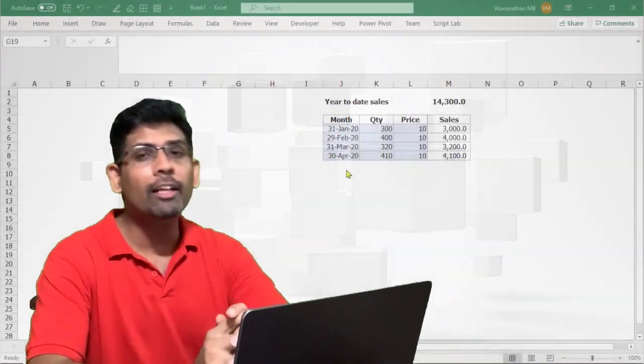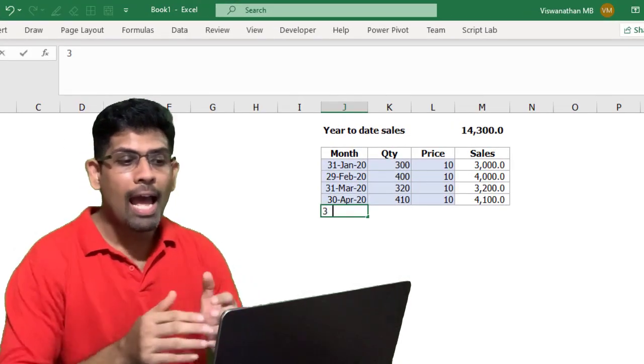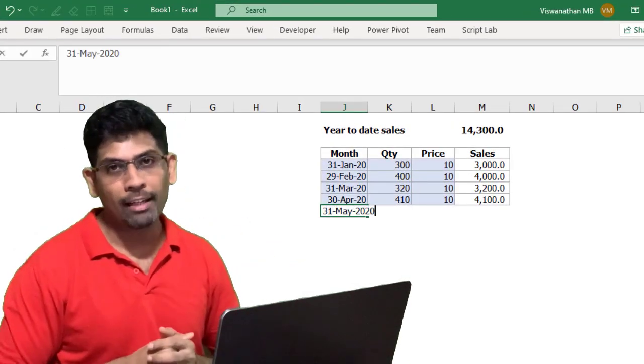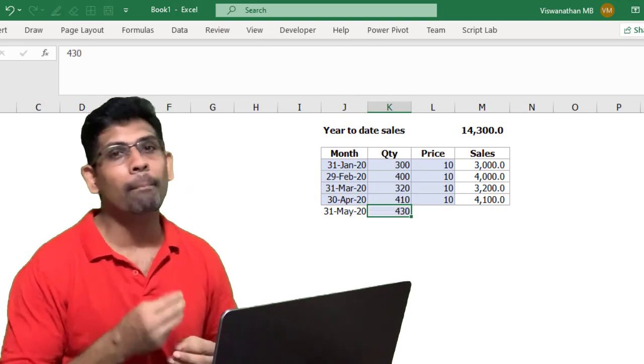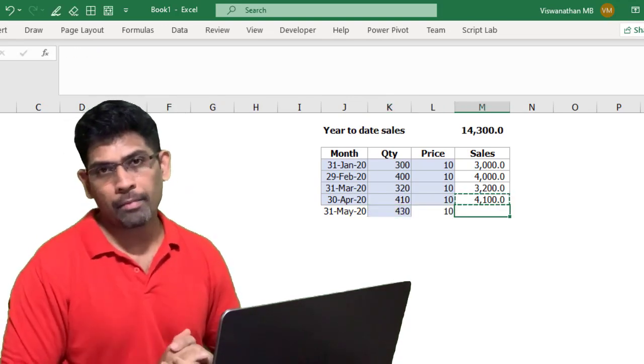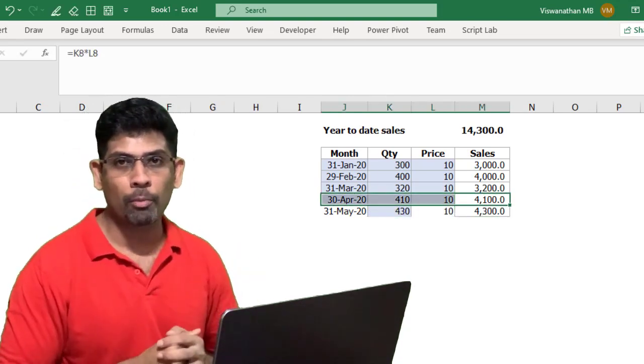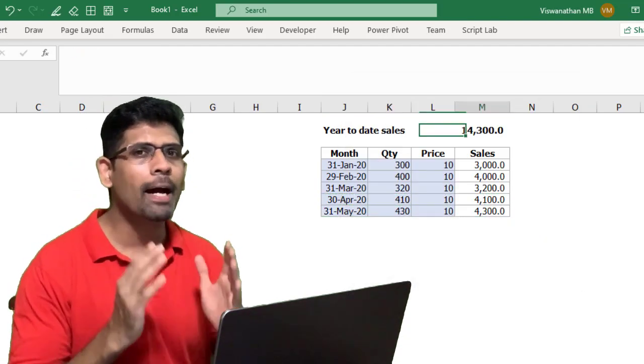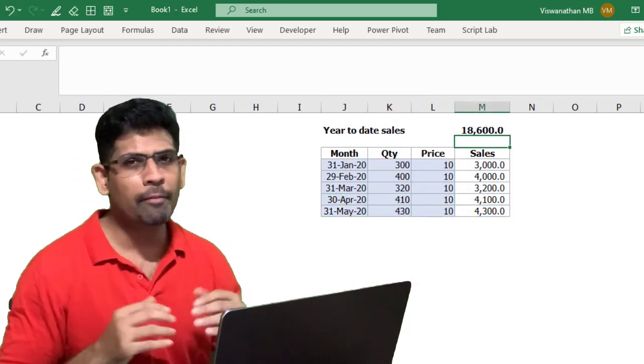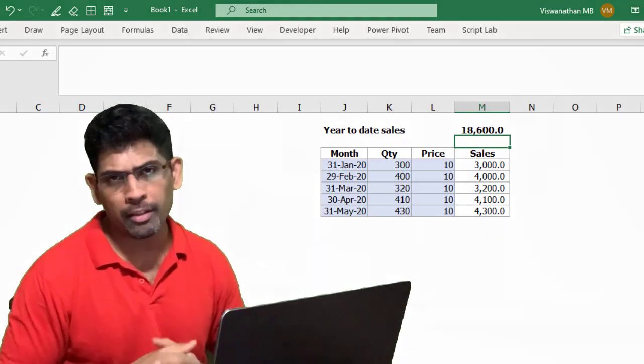It seems to be working fine for a lot of us, but it has a lot of limitations. At a very rudimentary level, one problem is that as more data gets added to the file, the cells and formulas will have to be manually modified. So you will probably have to copy paste some formulas. All of these require manual intervention, and we know that to err is human. So if manual intervention is required, there's a chance of error that comes into the picture.